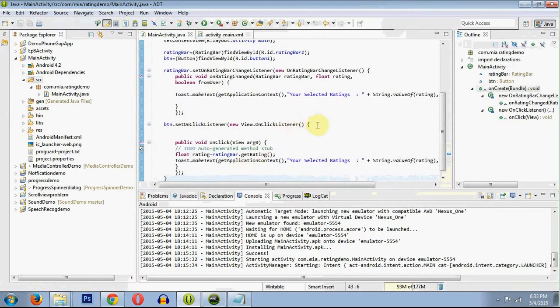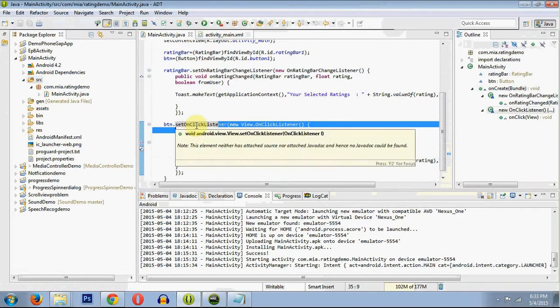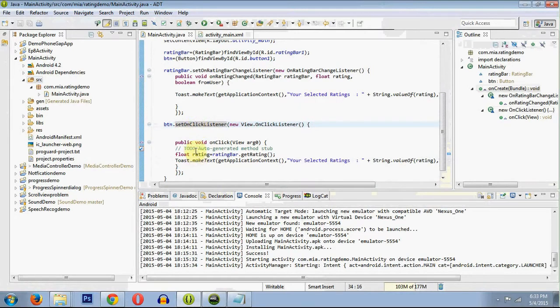The same kind of things will be defined for the button. For the button it's setOnClickListener. The same thing you do here is done in setOnClickListener. It gives a specific action to the button.